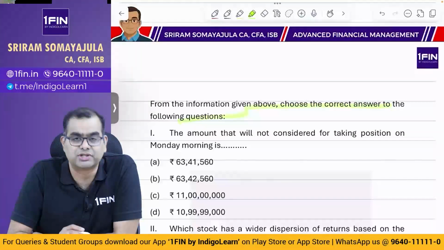Now in this, does return have anything to do with this? No. Confidence level, if it is lower, VAR will actually be lower. Here they are asking increase. Then higher standard deviation, yes. If standard deviation increases, then value increases. Because if the confidence level is lower, the Z value is lower. Then shorter holding period. Holding period is root T, so if the holding period is reducing, then the VAR will also reduce. So here the answer is C, higher standard deviation.